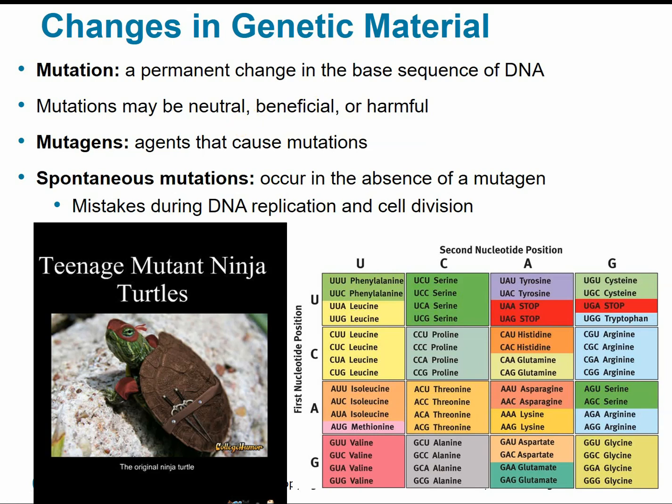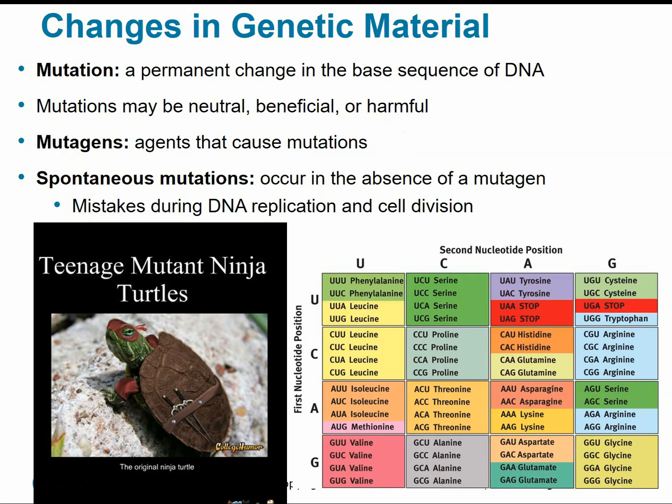So mutagens are anything that can generate a mutation. So mutation generating chemicals or substances. Spontaneous mutations occur in the absence of one of these mutagens. So just kind of a random, spontaneous, by chance mutation, which is typically going to involve mistakes during that DNA replication and cell division. So there are several types of possible mutations, but many mutations will be neutral or silent